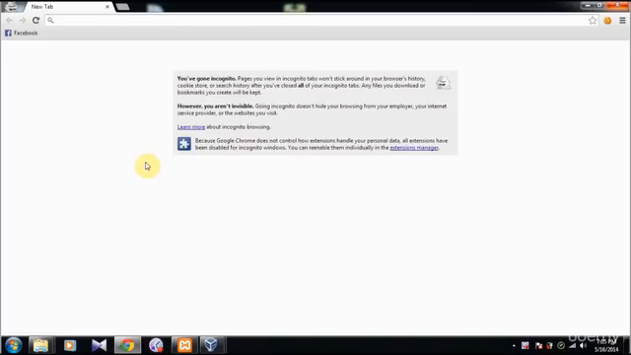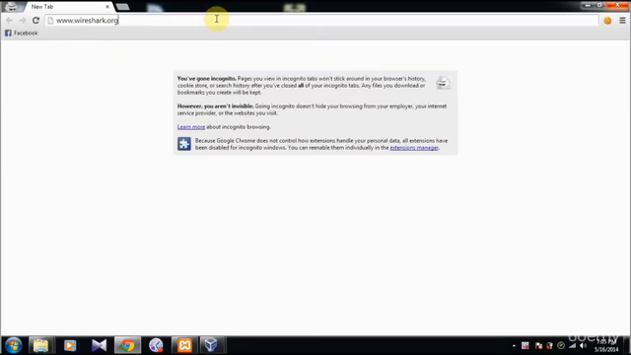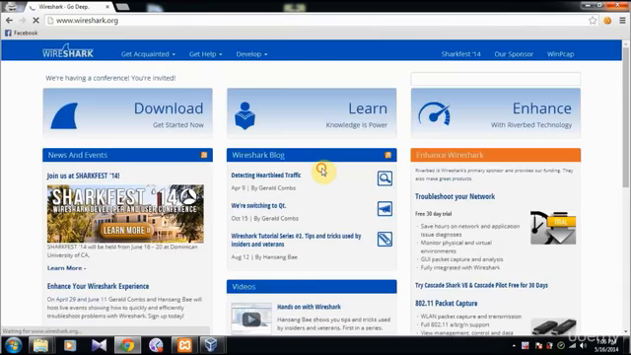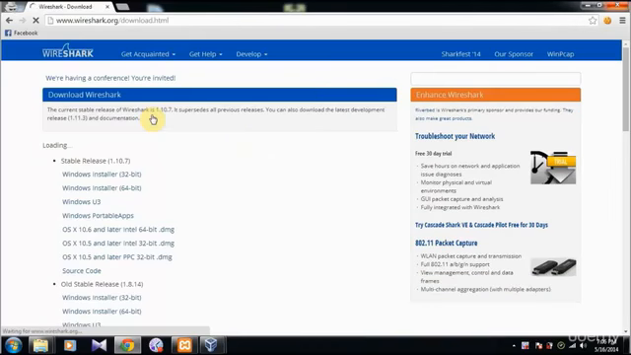This is the practical demonstration of session hijacking using Wireshark. So we can download Wireshark from wireshark.org, and if you just head to the download section, you can download the 32-bit installer or the 64-bit installer, or if you prefer, you can just install